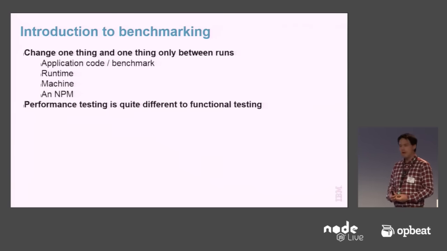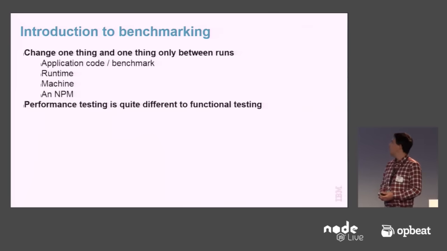It can sometimes be quite tempting to go and change everything at once. So you just released version 2 of your application, and you think, actually, yeah, and also we'll go and update the version of Node that we're running on. We'll go and update to Node version 6, and we'll go and put it on this brand new machine we've got, and we may as well go and pull in all the latest versions of all the modules. That means that it's quite difficult to decide whether there is actually a performance regression or not. You could just be masking a performance regression by an increase in, for example, the speed of your machine that